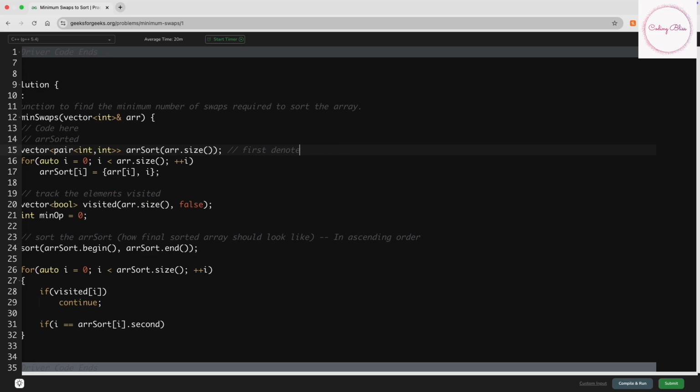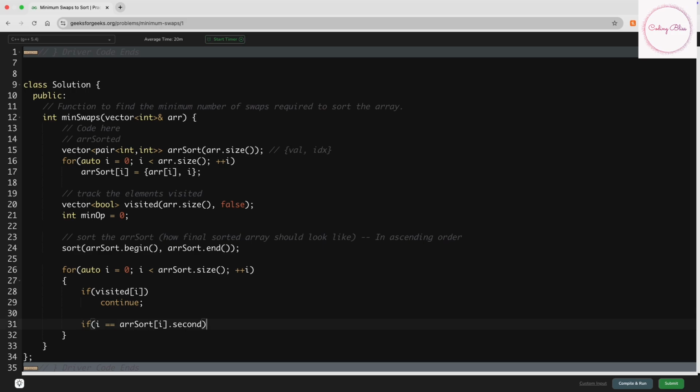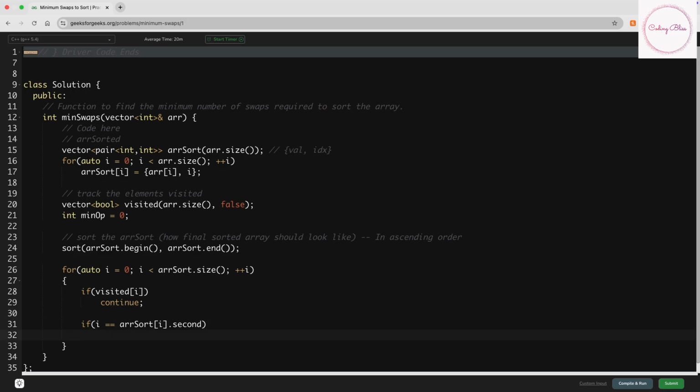So this is in the form val comma idx, right? So let's come back. Here we will check whether if this is the case, then nothing needs to be done. Element in the correct position,